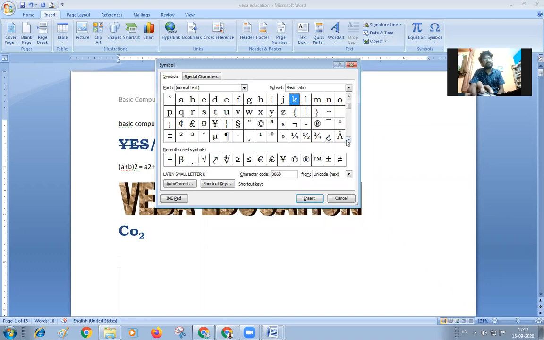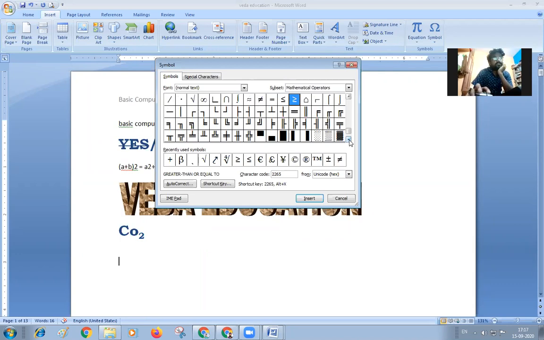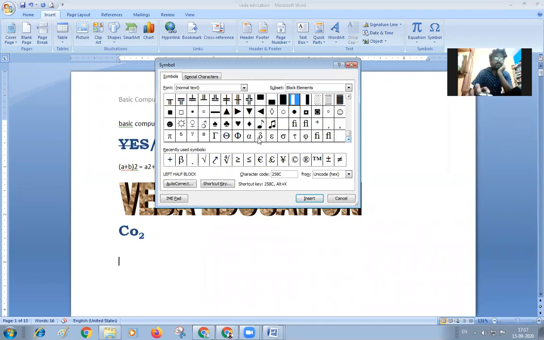You can see the symbols 1 by 4, 1 by 2, 3 by 4, and many types of symbols are there, available for your writing. See, the ohms symbol is there, trademark is there, euros is there, and all these symbols are available to you.